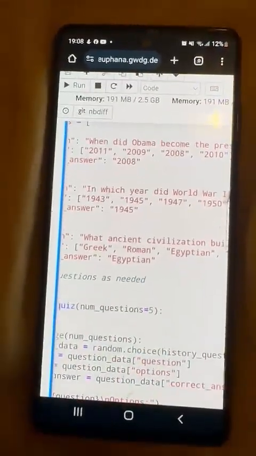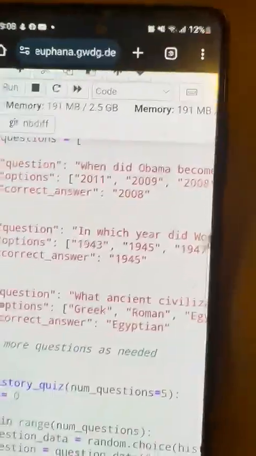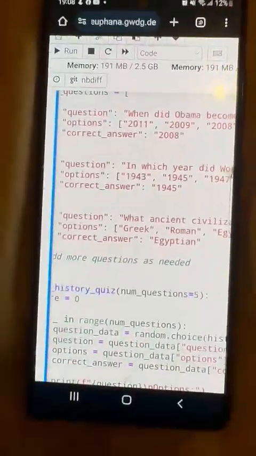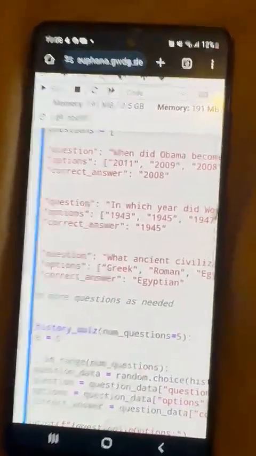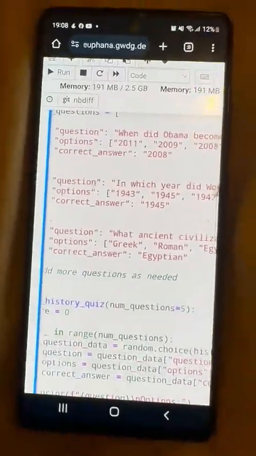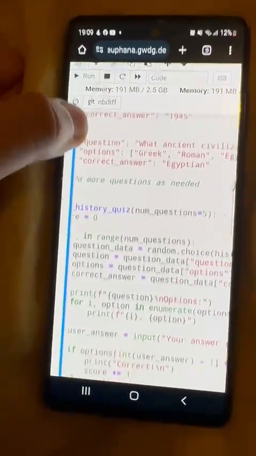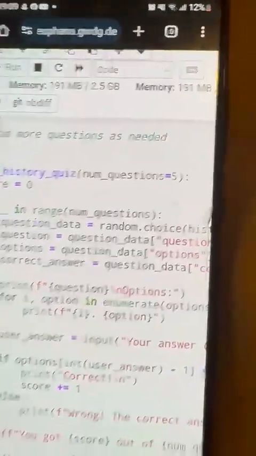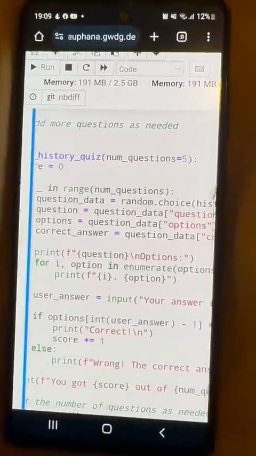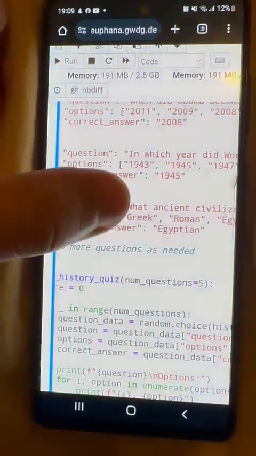I structured questions, options, and correct answers, as you can see. For each question, in this case, which is obvious, I utilized the random module to randomly select questions and shuffle answer options. I also use input to get answers, provide feedback based on correction, and as you can see, I used the